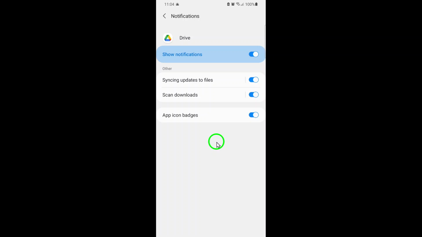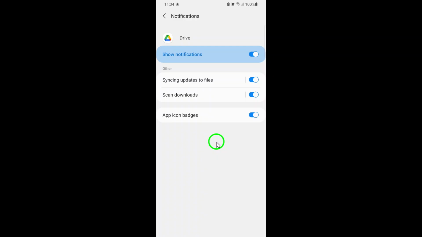To stop your phone from buzzing every time someone comments, simply toggle off the vibrate option. With that small change, your device won't vibrate anymore when a comment notification comes through. You'll still get the notification itself if you have it enabled, but your phone will stay silent and steady, making